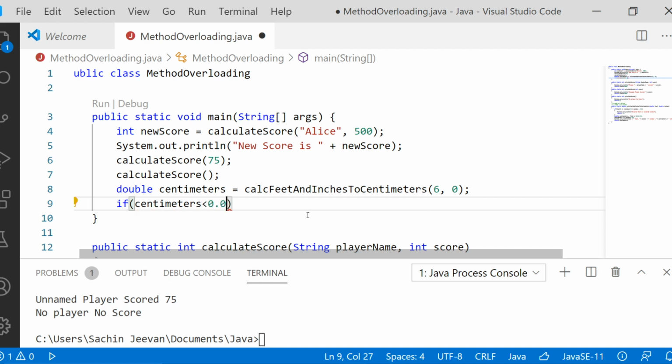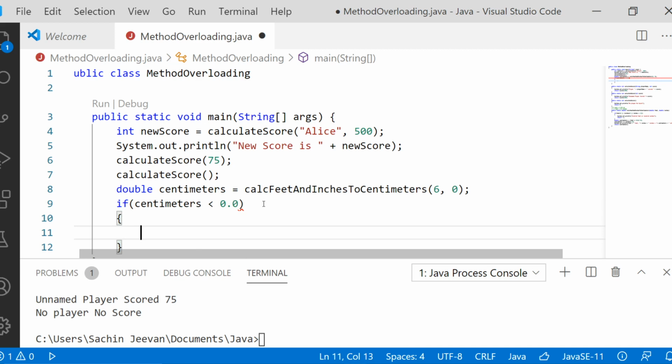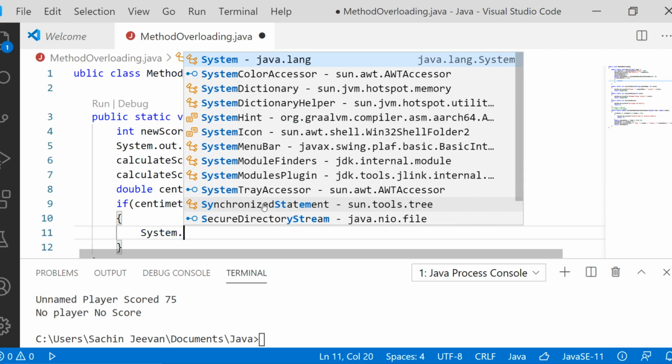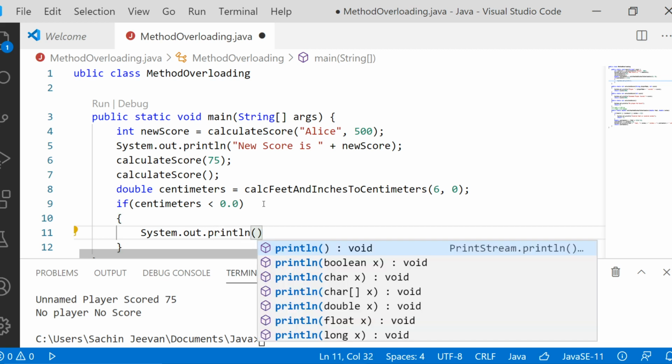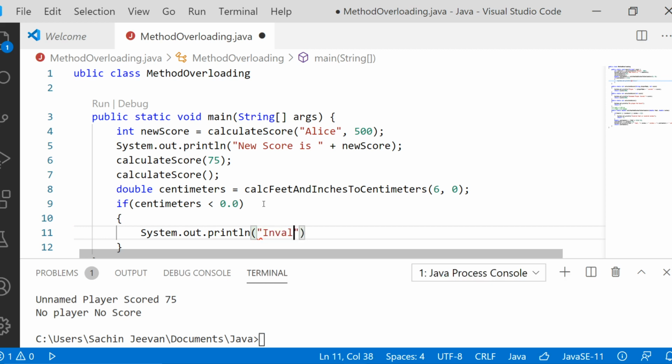If this condition is true, then we have to print System.out.println, invalid parameters. Fine.